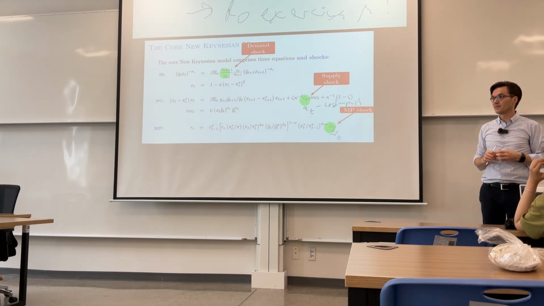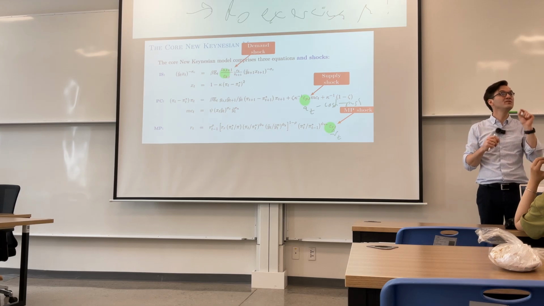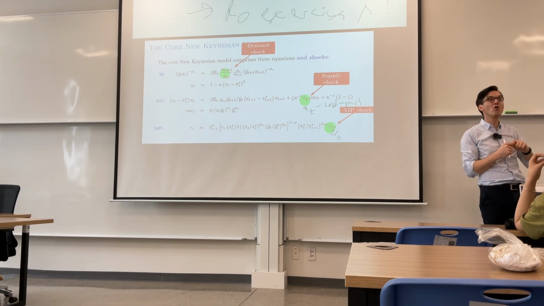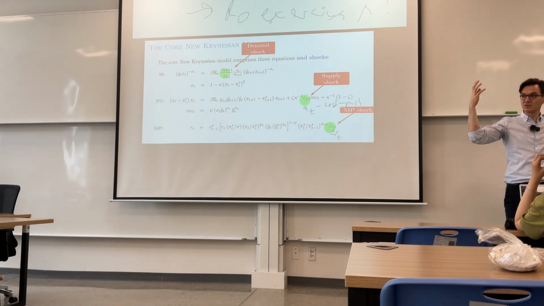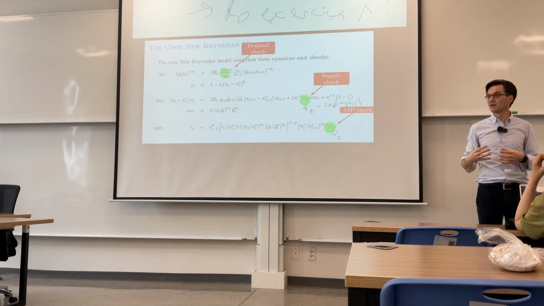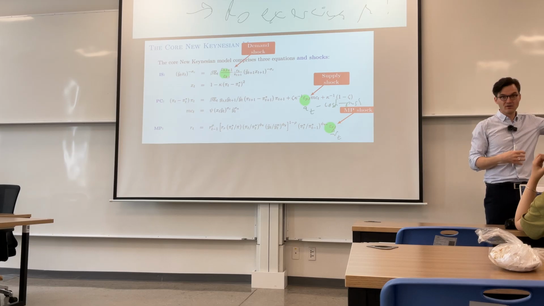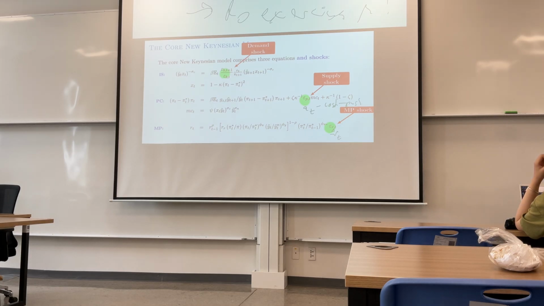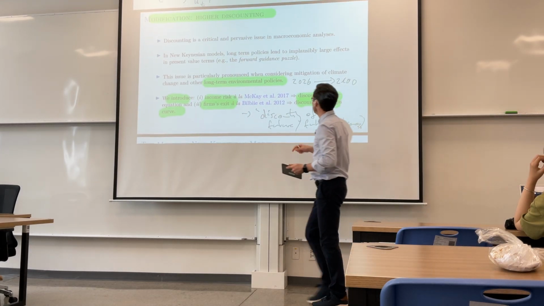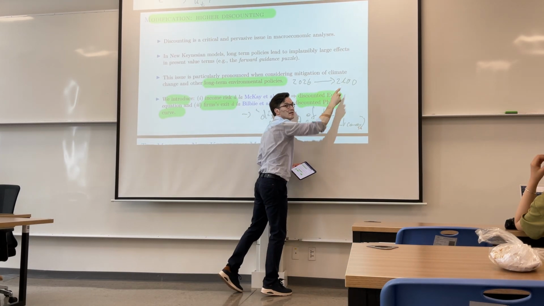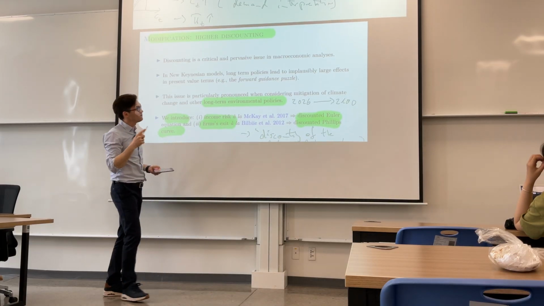And that's unreasonable. People have shown that it's unreasonable quantitatively. There is too much borrowing against the future. Or if you turn this around, if you think you're going to be very poor in the future, like you're going to lose all your wealth in 50 years, and you're wealthy today, you want to smooth your consumption, then you're going to save like mad today, in order to prepare for not being so poor in the future. So that's the big problem in this type of model: for long-term projections, there is too much forward-lookingness in this model. And we have a very famous literature